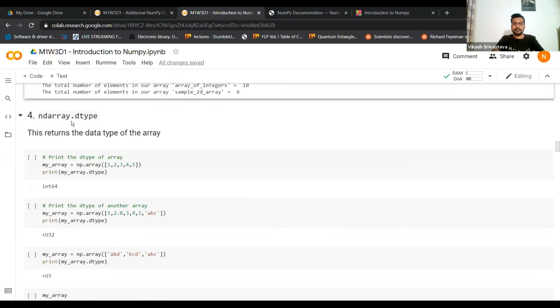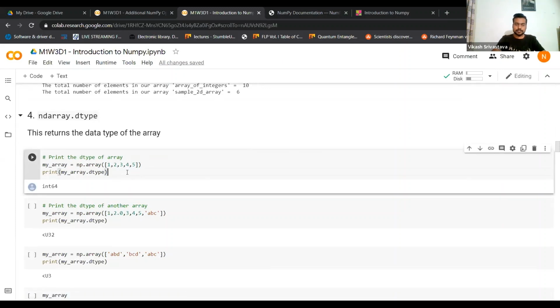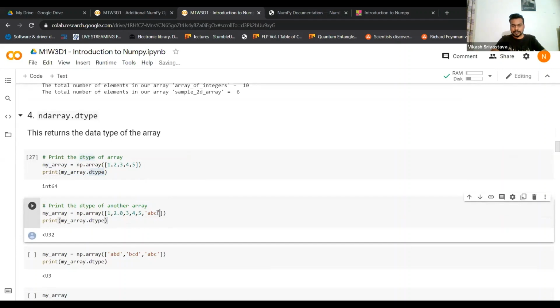Then we have the dtype attribute. This returns the data type of the array. If you have a bunch of numbers, we can print the data type. You write the variable name, then dot, and then the attribute dtype, which is short for data type. Now, let's say you add another string, but all the rest are either integers or floats. If I try to get the dtype of this array, it is something like U32, which is short for a Unicode string. You don't have to spend a lot of time understanding what this U32 is,